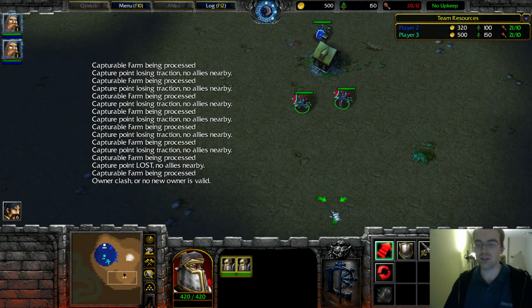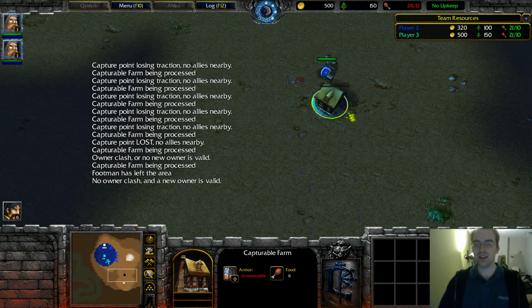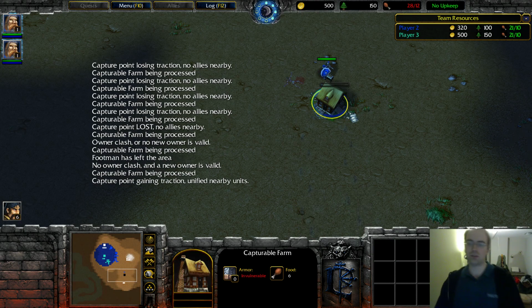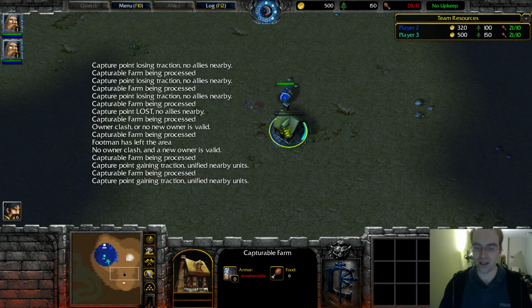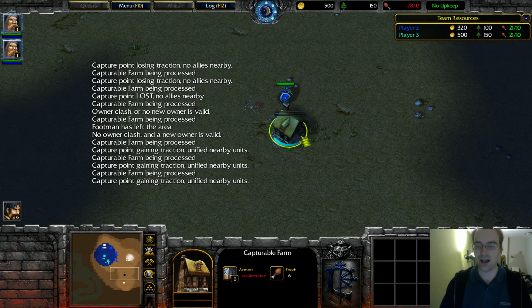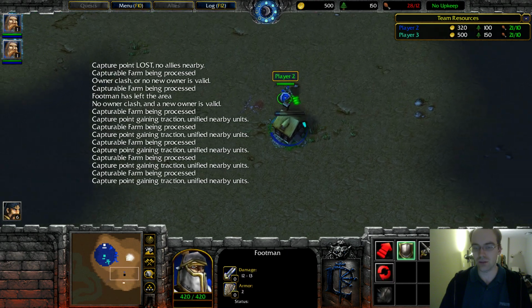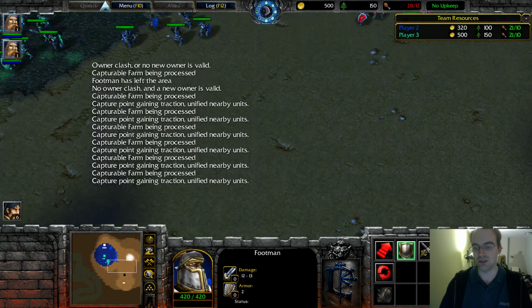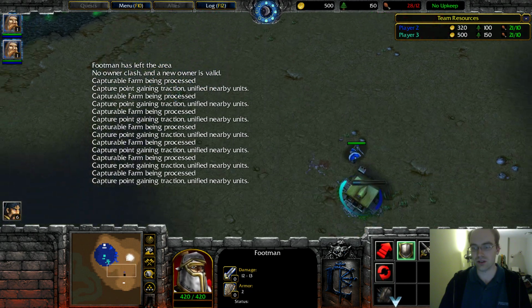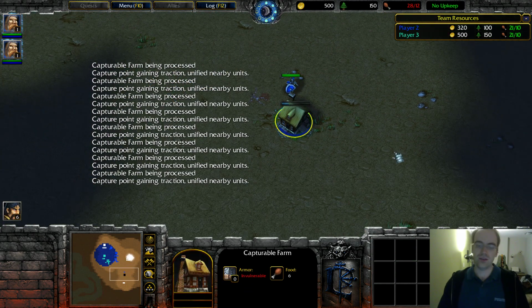So capture point is now lost, so now the footmen leave, and the blue guy starts capturing it. So I think what we saw before, okay, the blue spinny guy looks kind of teal. I don't know if I like that. I'm not sure why the blue spinny thing looks so teal. It's way too teal. It really is. Anyway,